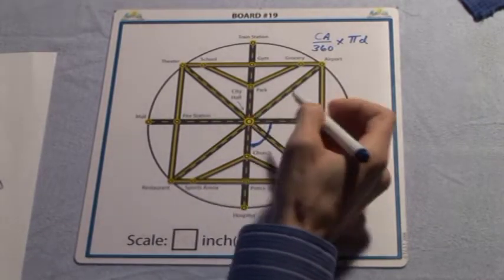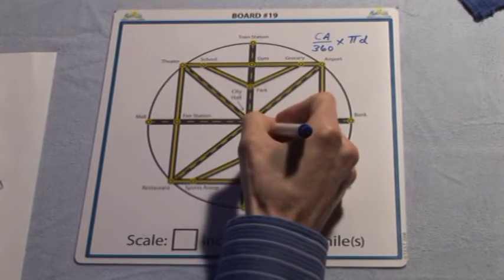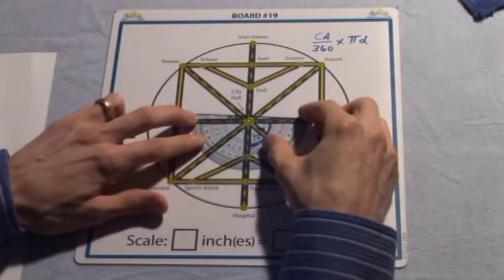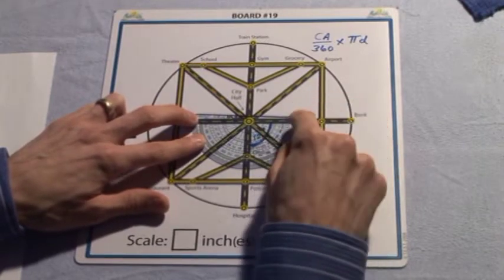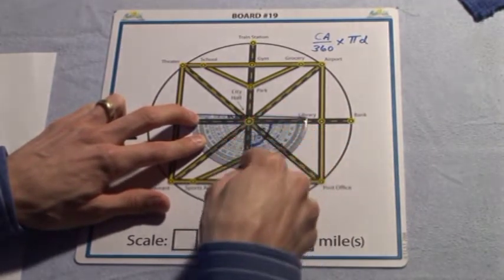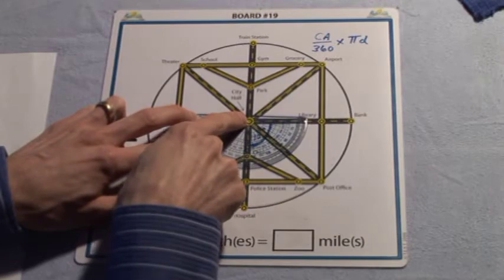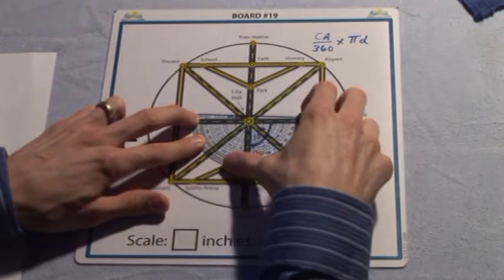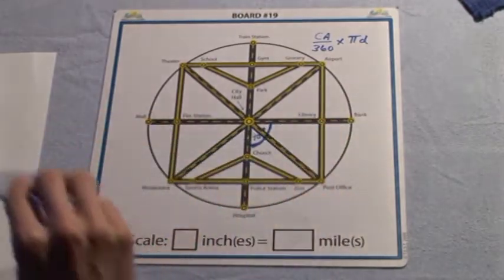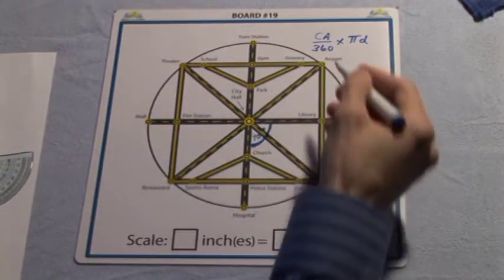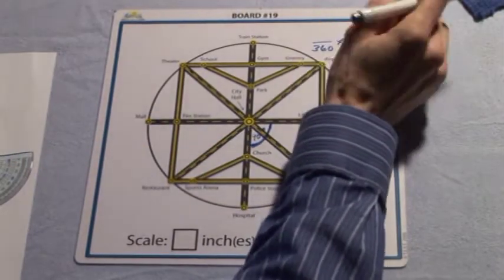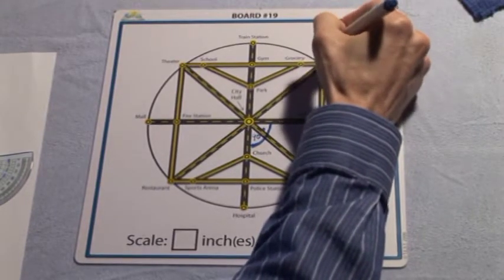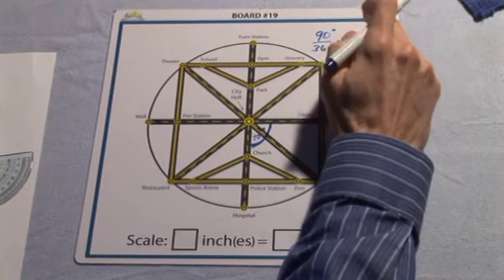So this angle in here measures 90 degrees, and we can verify that using our protractor by placing it upside down, and we can see that the baseline and the perpendicular line intersect, and they also follow along the two roads there, forming a 90-degree angle. So now that we know that our central angle is 90 degrees, we can substitute that into the formula. 90 over 360 degrees times pi, which is 3.14,